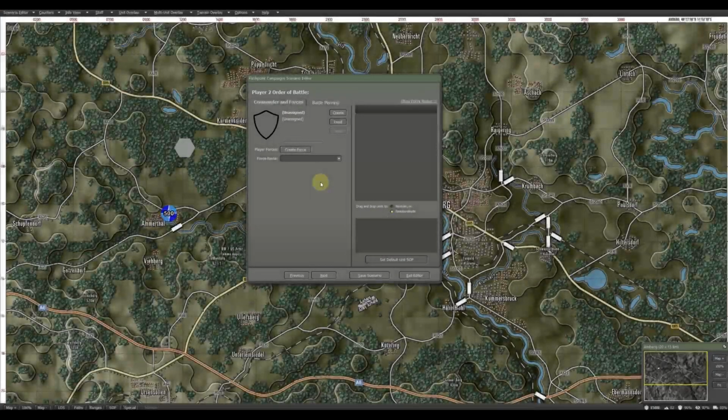Hello everyone. This is the third video on creating a standalone scenario in Flashpoint Campaign: Southern Storm. We are going to create the order of battle for player 2 today. The method is exactly the same as we saw for the first player. However, today I'm going to show you an alternate method you can use in creating your order of battle and